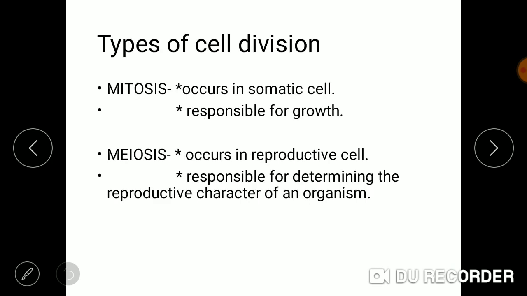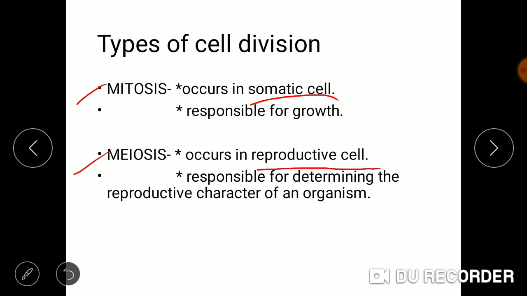What are the types of cell division? Firstly, we have mitosis and the other one is meiosis. Mitosis and meiosis are the two types of cell division. The difference between these two types of cell division is that mitosis occurs in somatic cells while meiosis occurs in